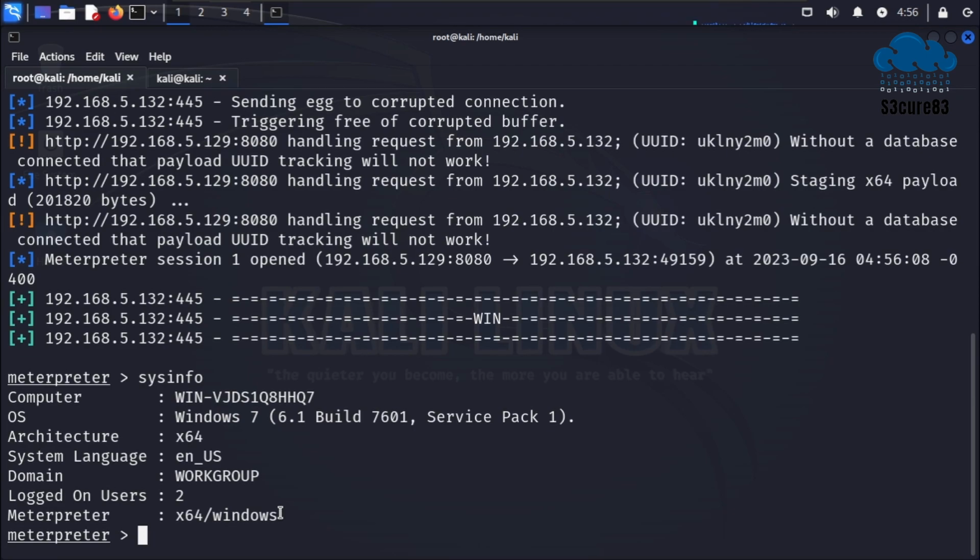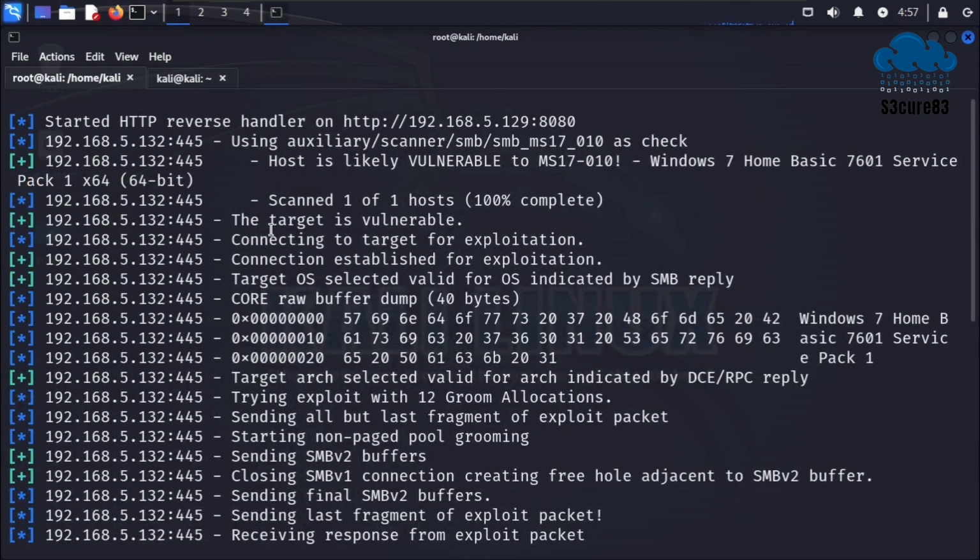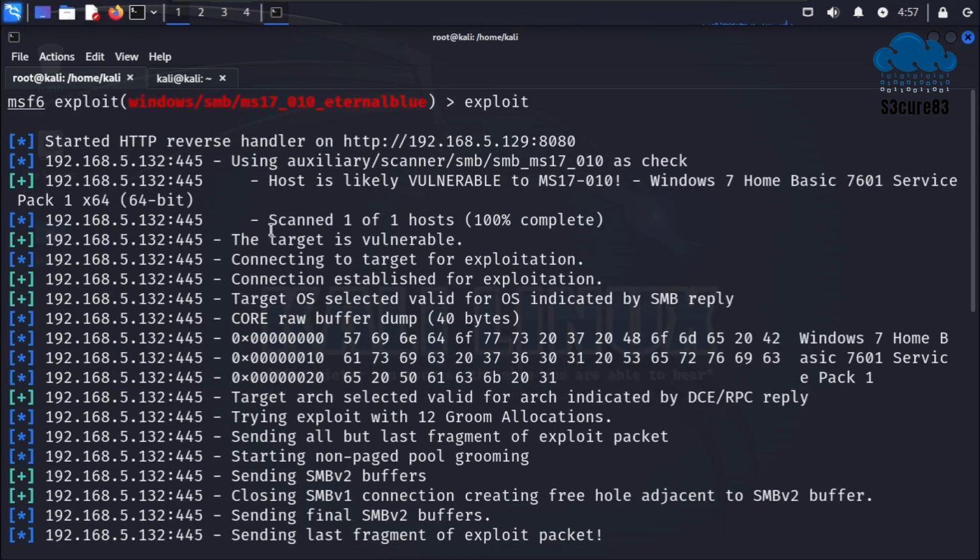As you can see, this command tells us we are inside the computer with the following attributes. With this, we found the EternalBlue vulnerability in Windows 7, exploited it, and gained access to